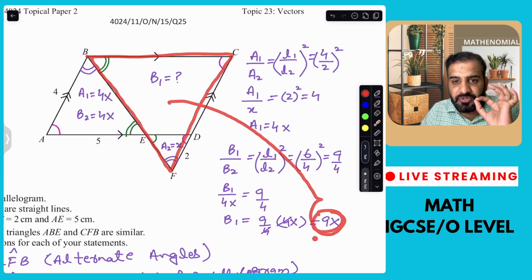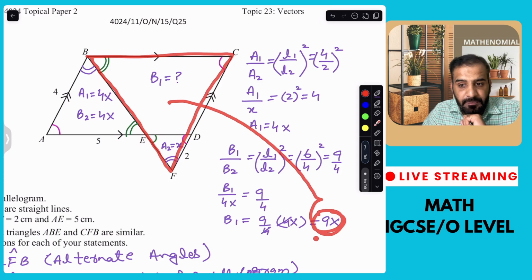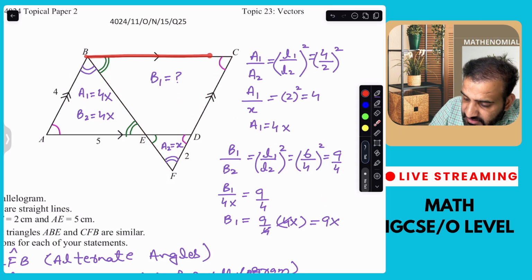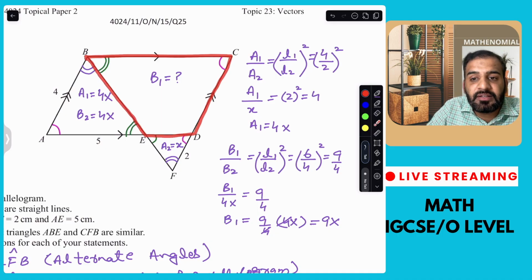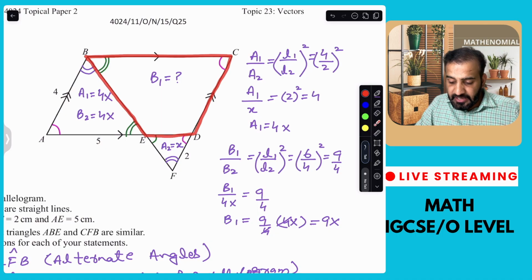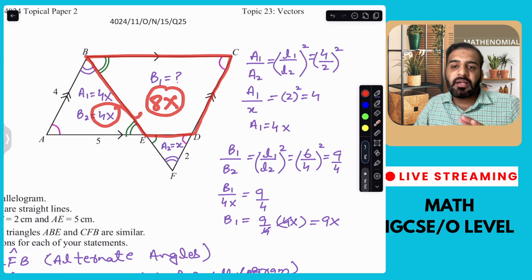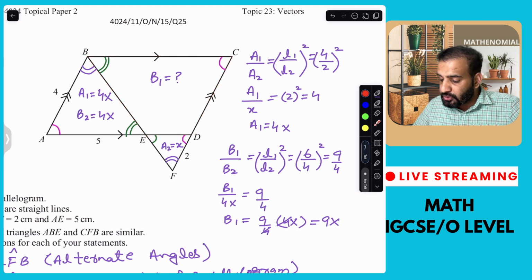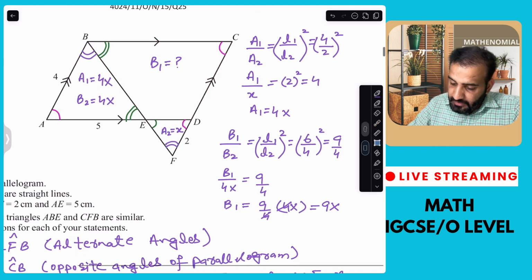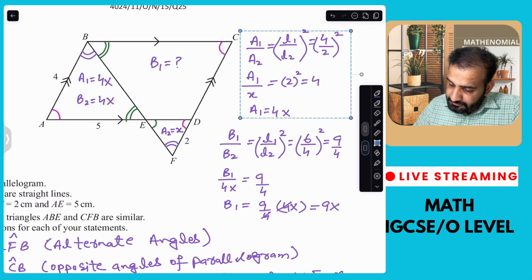सुननी है बात अभी आपने गौर से. अगर इस बड़ी ट्रायंगल का एरिया 9x है, ठीक है, इसमें से इस x को माइनस करें तो आपके पास इस ट्रेपीजियम का एरिया आ जाएगा इसका, ठीक है ना. 9x माइनस एक्स विच इज 8x. ठीक है, 8x में आप ऐड करोगे 4x, दैट इज योर 12x. तो पूरे पैरेललोग्राम का एरिया आ जाएगा. ठीक है, तो ये वर्किंग हम नीचे ले जाते हैं.